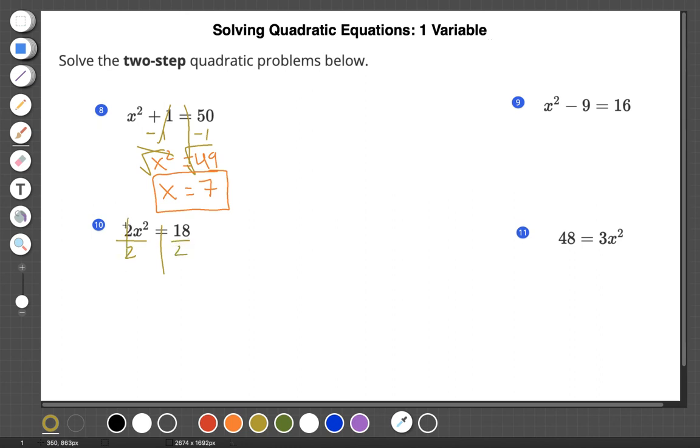Okay, 2 divided by 2 is 1, so that effectively cancels it out because 1x squared is just x squared. 18 divided by 2 is 9. We'll pull down our equals and we'll pull down our x squared. Okay, now I'm going to think about this one more time. Now that all I have left is x squared, I can square root both sides. So cancel that square out. And what we're going to be left with is x equals the square root of 9,